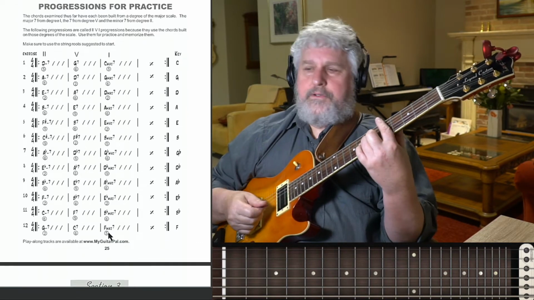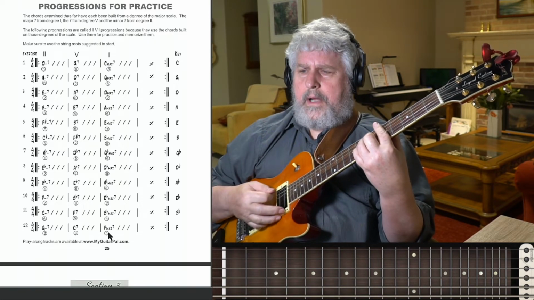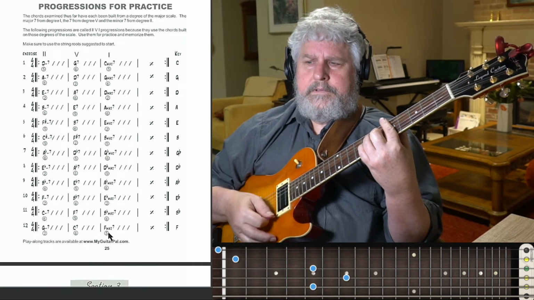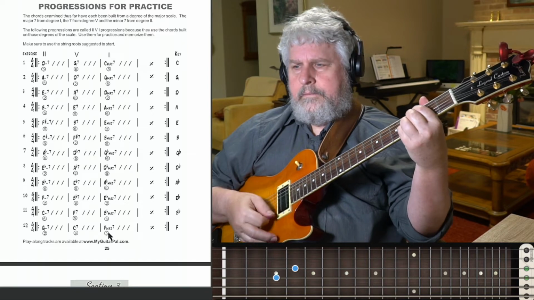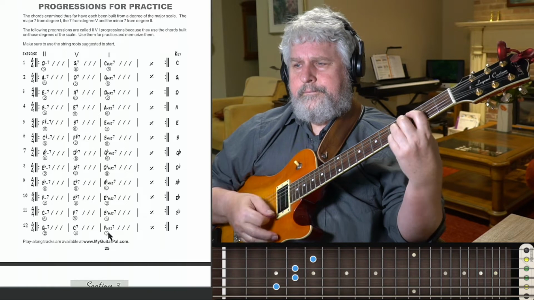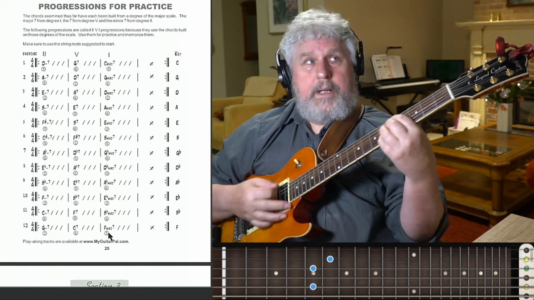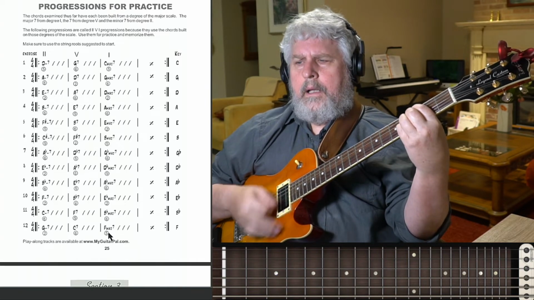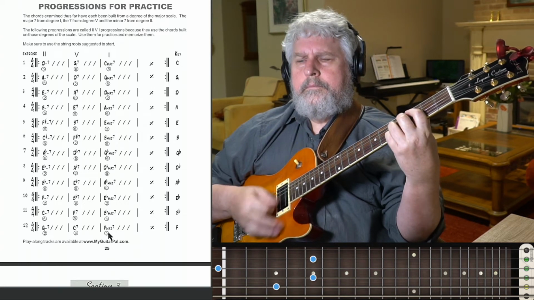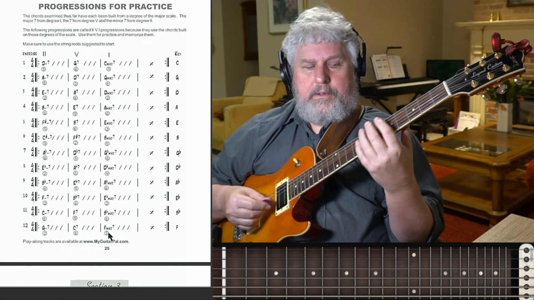So if we have a 2-5-1 progression like we have here, the first one in the progressions for practice page here, we have a 2, a 5, and a 1. Real fundamental stuff. Now, if we start to put these things together,